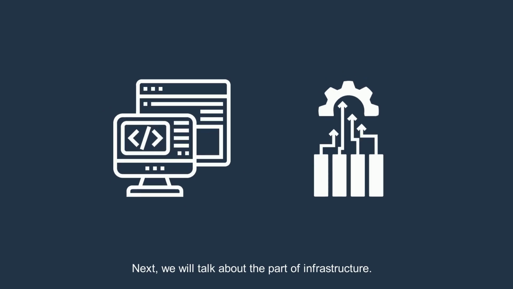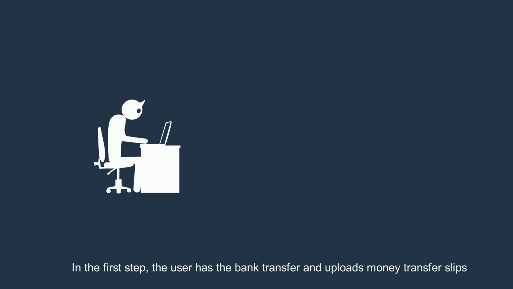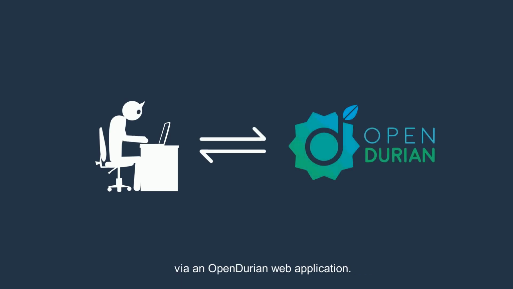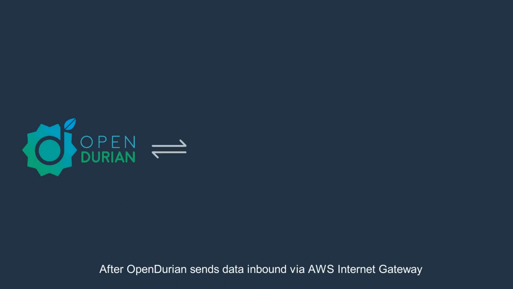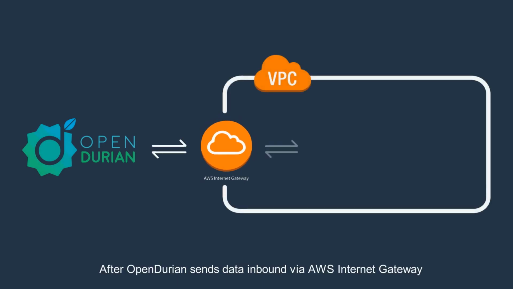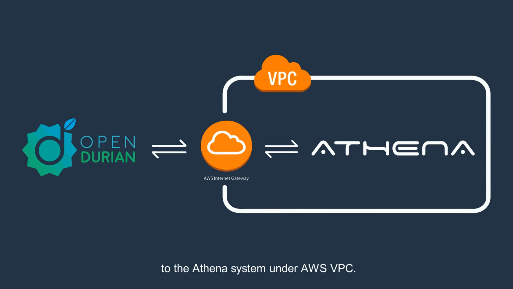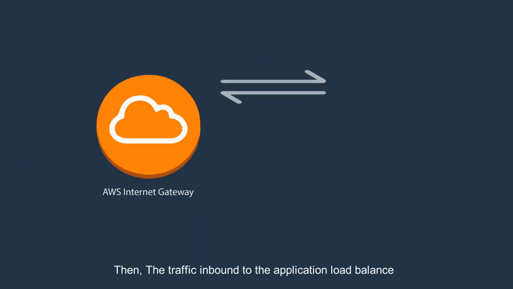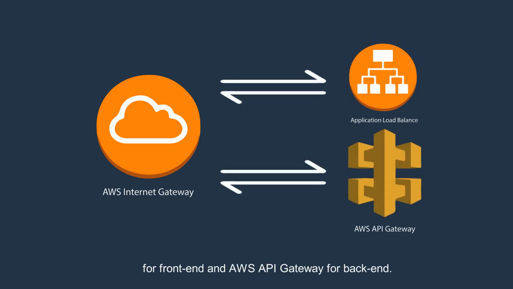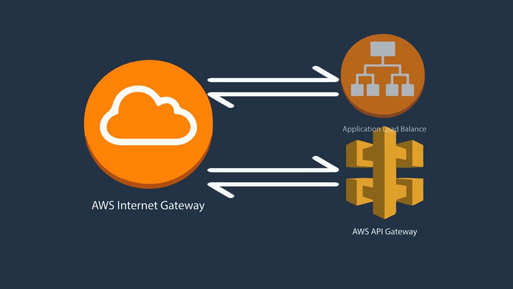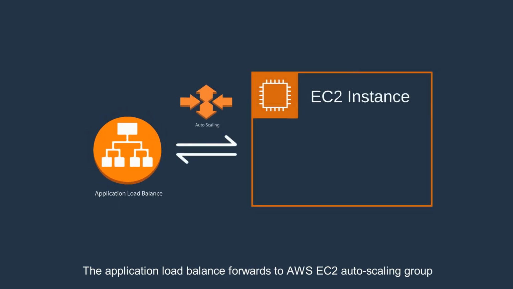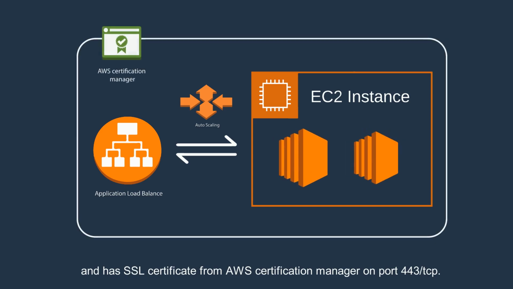Next, we will talk about the part of infrastructure. In the first step, the user makes the bank transfer and uploads money transfer slips via an OpenDurian web application. After that, OpenDurian sends data inbound via AWS Internet Gateway to the Athena system under AWS VPC. Then, the traffic goes inbound to the application load balancer for front-end and AWS API Gateway for back-end. The application load balancer forwards to the AWS EC2 auto-scaling group and has an SSL certificate from AWS Certificate Manager on port